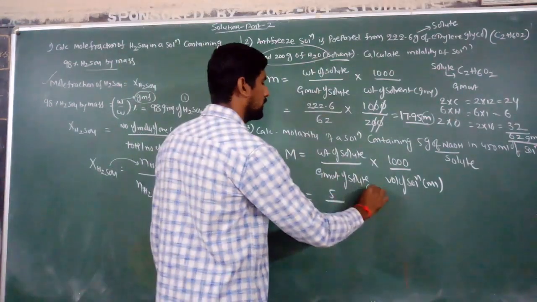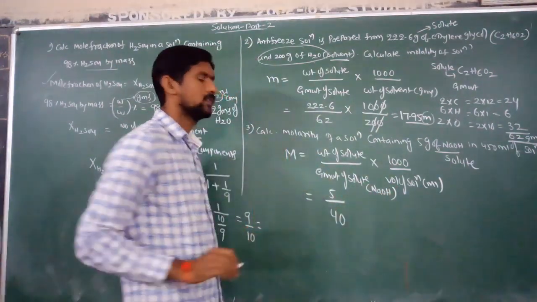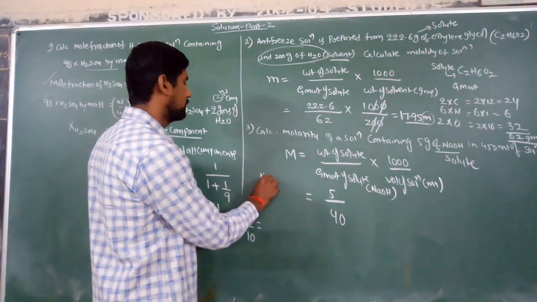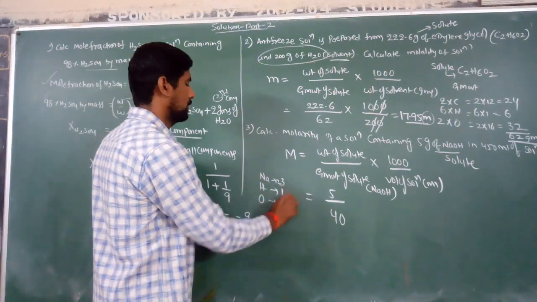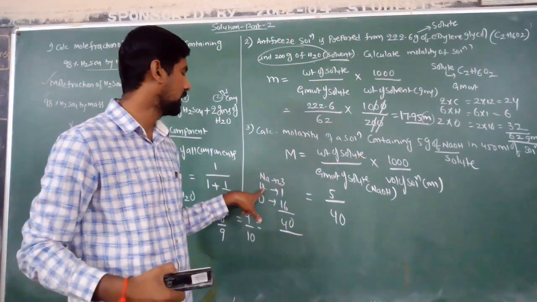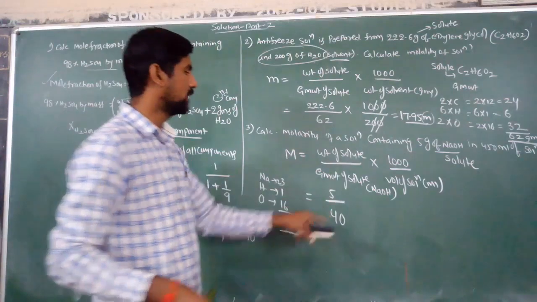What is the gram molecular weight of NaOH? 40 grams. Sodium atomic weight 23, hydrogen 1, oxygen 16. Total 40 grams. So 5 by 40 into